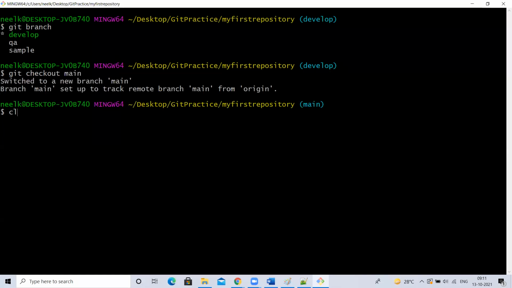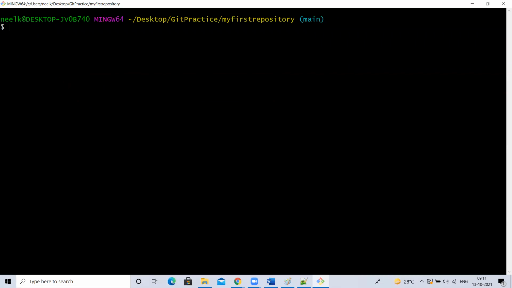This is a real-time scenario. They'll ask what your roles and responsibilities are, and you can tell this also. Creating repositories, creating branches. Going forward, for each tool we will learn the roles and responsibilities. For now, you can say creating repositories, creating branches, taking backup after every production release. How will you take it, they'll ask. Tags.